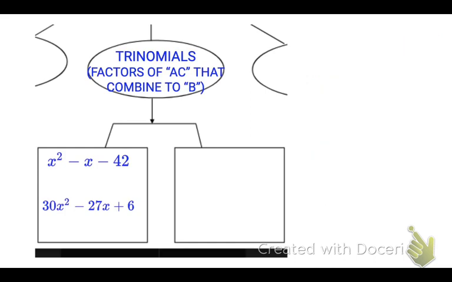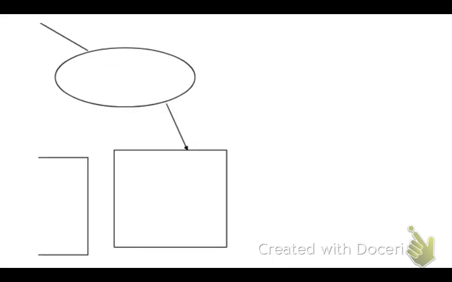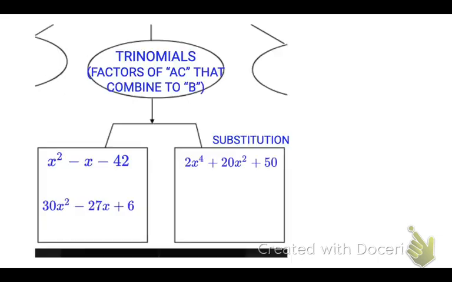So the other strategy that we can use for trinomials is substitution. And we can use substitution when it looks like I have the quadratic trinomial, but I actually have x to the 4. So I have a higher degree polynomial. And so what this means is I'm going to say, well, I can think about this problem just like it's a quadratic. And so mathematically what we have to actually tell somebody is we're going to let